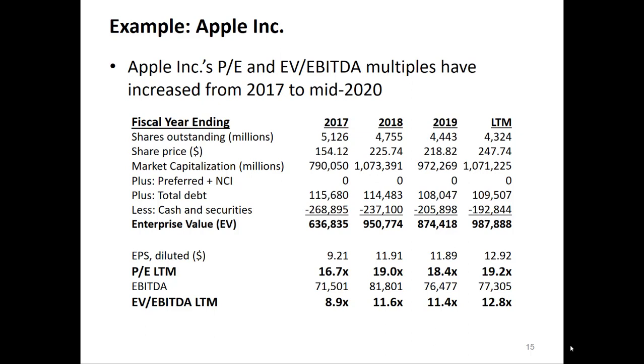Apple has no preferred shares and non-controlling interest, and it does have debt of around $110 billion, but that can be offset by its massive cash reserves of over $200 billion. You can see that its enterprise value is the market capitalization of equity, adding preferred, non-controlling interest and debt, and subtracting cash. You can see that Apple's P/E multiple over the last 12 months has increased from 16.7 to 19.2. When it comes to EBITDA, you can see that its enterprise value to EBITDA multiple has increased from 8.9 to